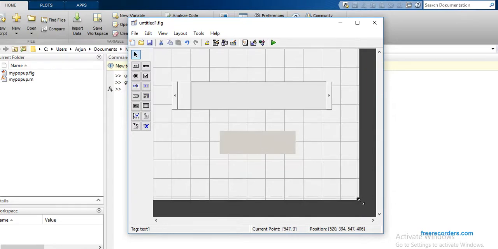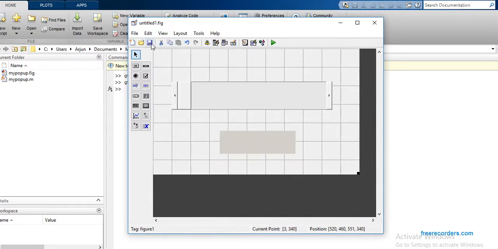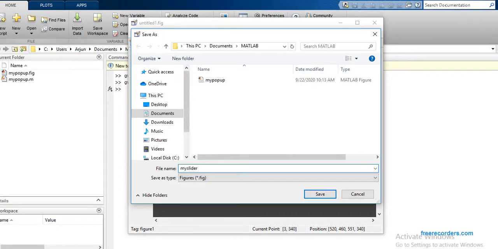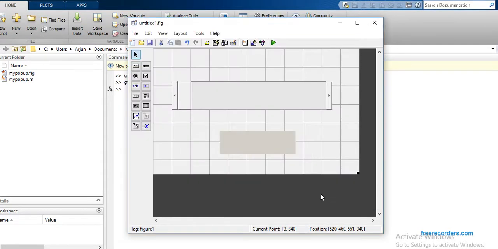Okay, now save this .fig file with the name my slider. So I'm going to save this file as my slider. Just click on the save button. It will take a few seconds.